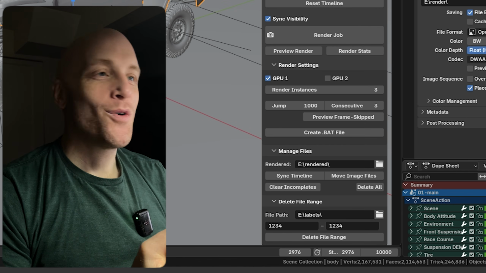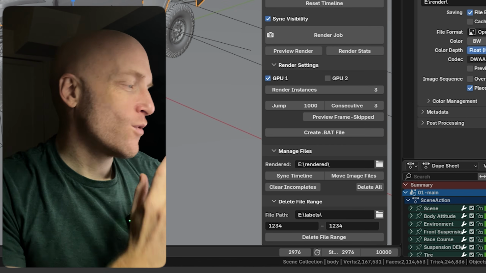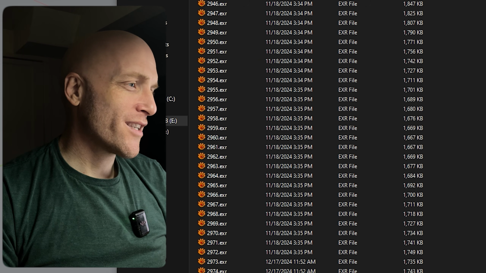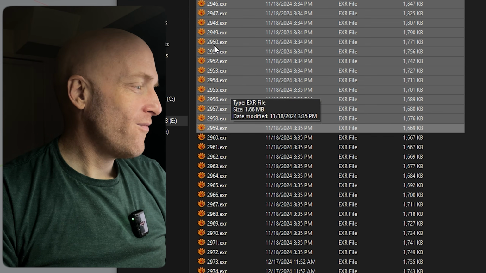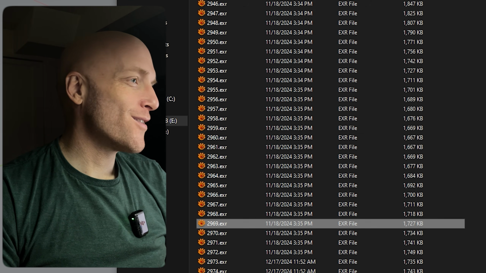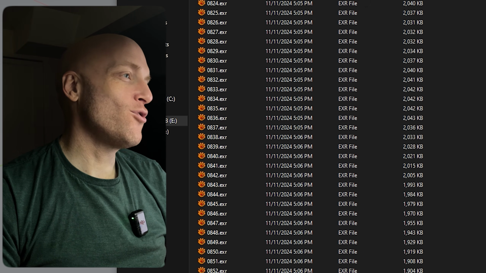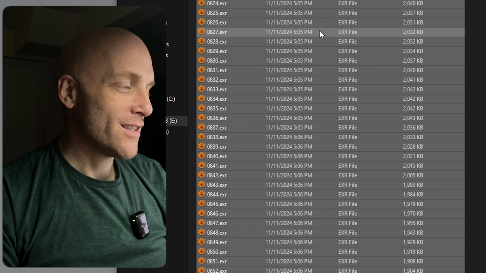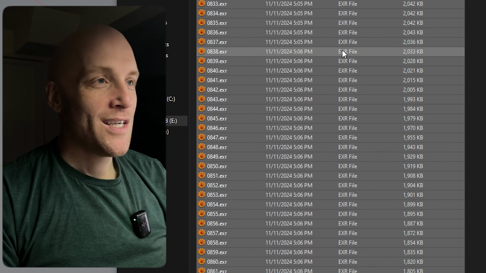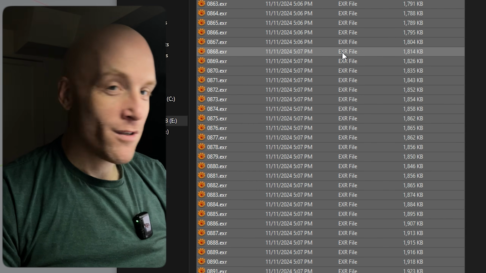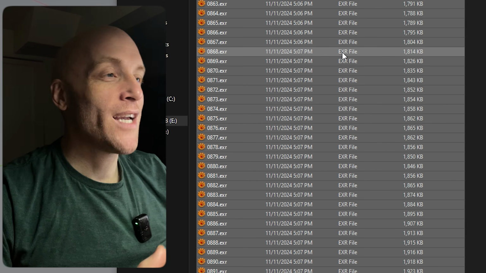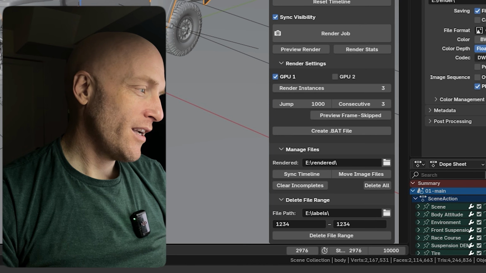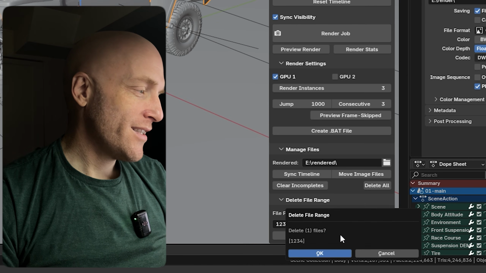If I notice in the render that there's problems, I can just quickly delete a range of images. Because again, I don't really want to be in Windows trying to be like, oh, frame 4,100 to frame 822. It's so easy to make mistakes when you're doing it this way, fiddling around in the Explorer window to handle tons of frames and different frame ranges where there could be problems. No, this right here, if I do delete file range, it tells me how many I'm